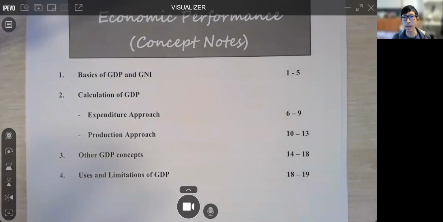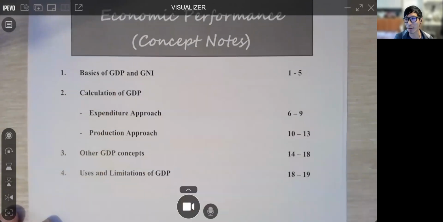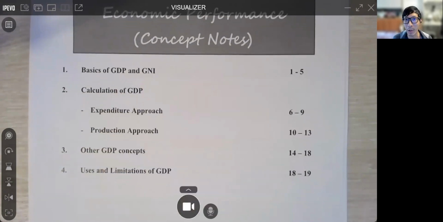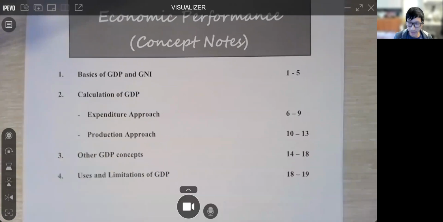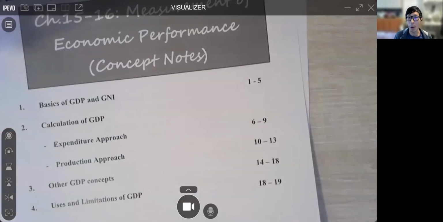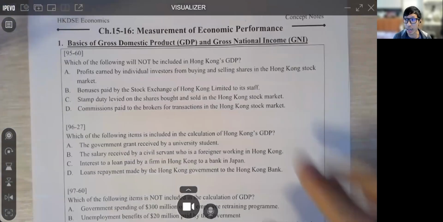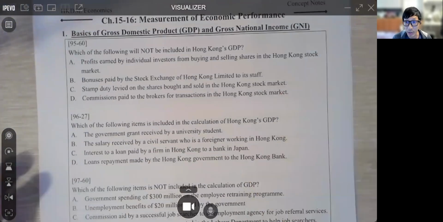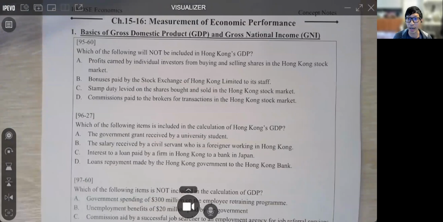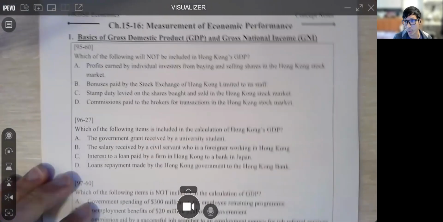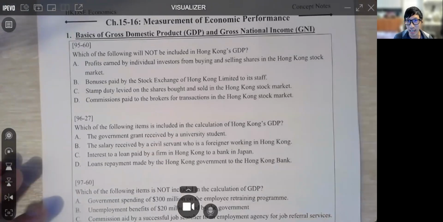Now, with all the definitions of GDP and GNP out of our way, I think we are ready to handle the first set of our past paper questions in your notes. So let's take our notes and go to page 1 to page 5, starting with page 1 here. Obviously, like what we used to do, we're going to go through each and every question in detail. So you have to put up with me if I'm being very, how should I put it, long-winded. 係咪啊？Sir 好長氣啊，你明白係咪？